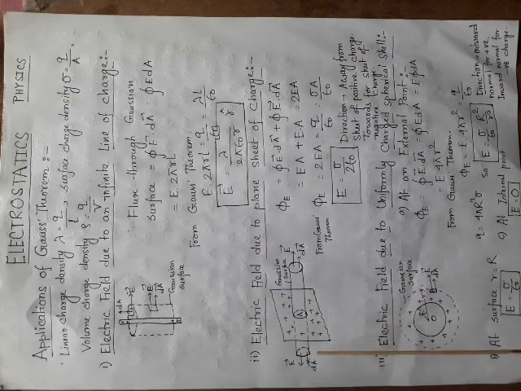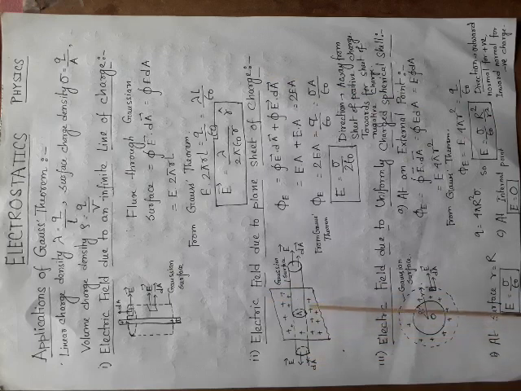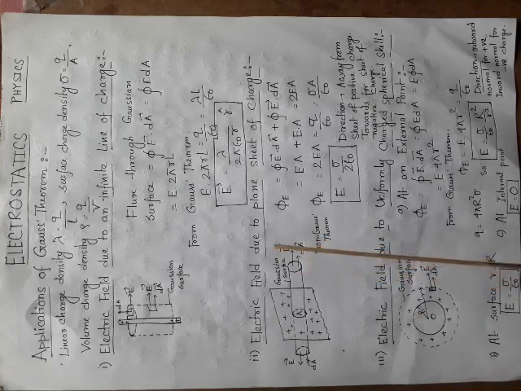Now, the second application. We want to find the electric field due to a plane sheet of charge. See the diagram. This is the plane sheet of charge. Again, we are considering the Gaussian surface to find the electric field at any point outside that sheet. We can see here from the Gaussian surface at the two ends, E and dA both are outward and in the same direction, here and also here.